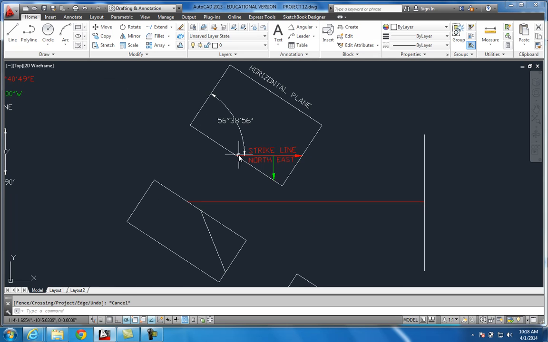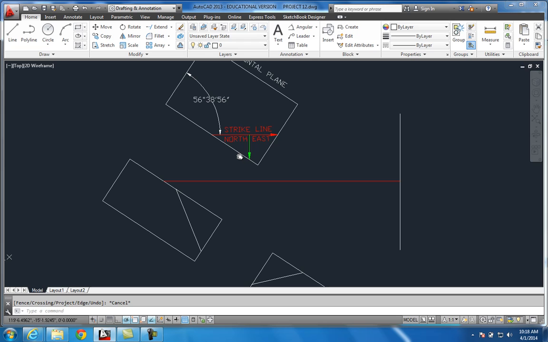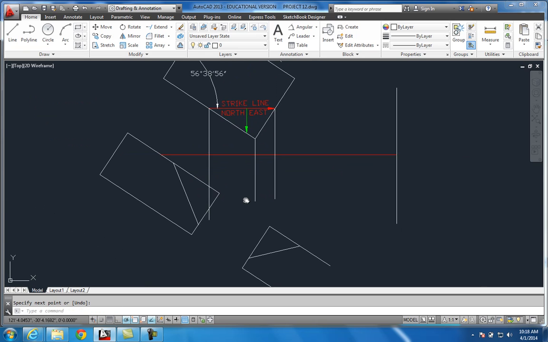Now I'm just going to take and I want to bring my lines. I want to offset. I'll just go ahead and bring these lines on in. First bring them straight down, just like this. Bring that straight down just like that. Bring that straight down just like this. Okay. Now I want to take and